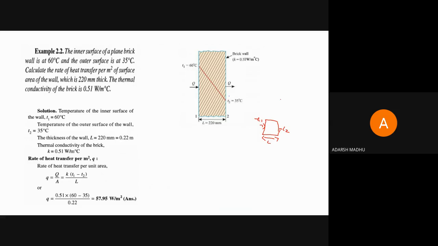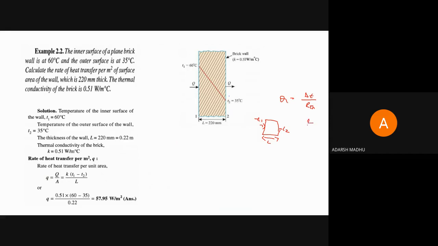So I said that the heat transfer rate Q is equal to delta T by RTH, the thermal resistance. Here Q is the rate of heat transfer, which is given in watt per meter square. T1 is given as 60 degrees Celsius and T2 as 35 degrees Celsius. The heat transfer rate can be found using the equation Q equal to delta T by RTH, where